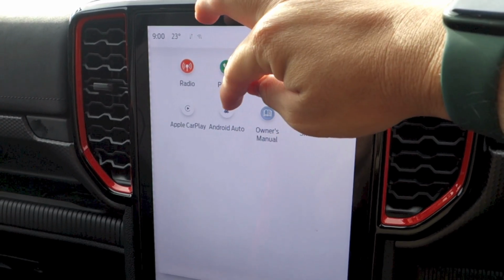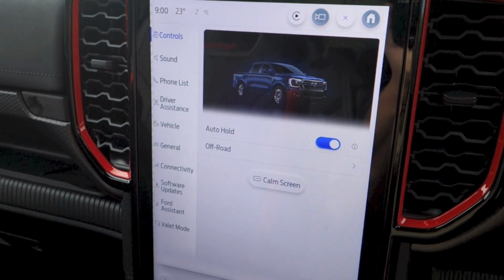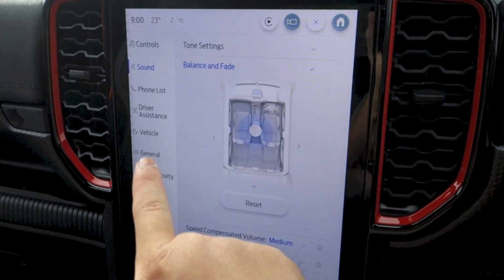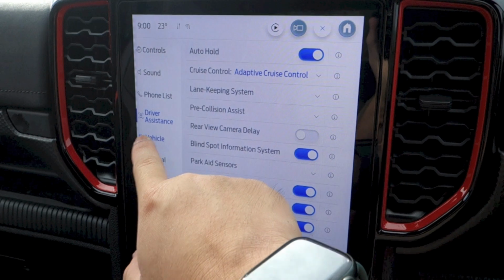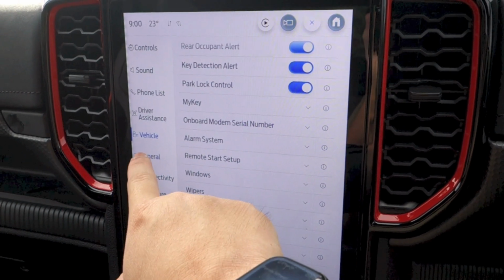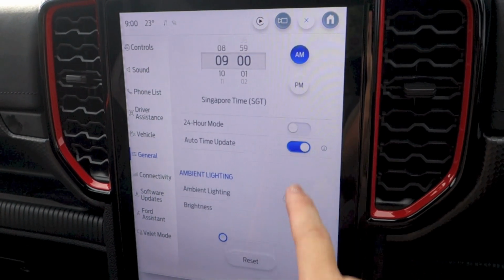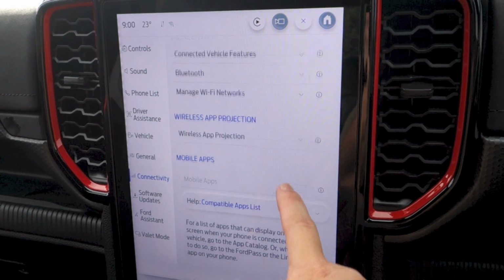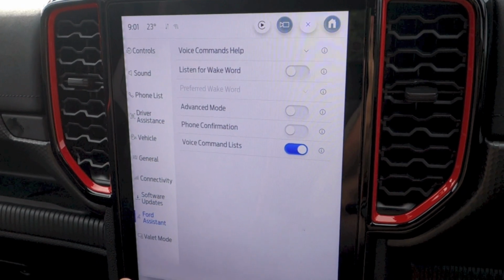You can view the owner's manual right here, access your Android Auto and Apple CarPlay menus. And right above, you can bring up your settings menu with your controls, your sound system settings with your balance and fader, tone settings, your phone list, driver assistance, vehicle settings, general settings, connectivity settings. You can look for software updates right here. Bring up your Ford Assistant